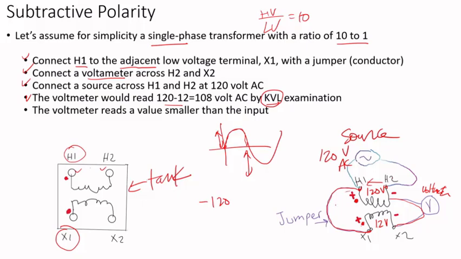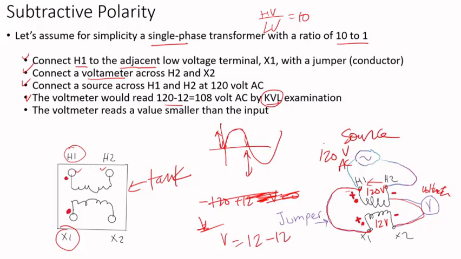Then you go, these two are tied. Then here it's plus 12 volts. Then minus V equals 0. That means V... I think I got the signs wrong, but what the voltmeter would read is basically 120 minus 12. So the difference. So you can do KVL